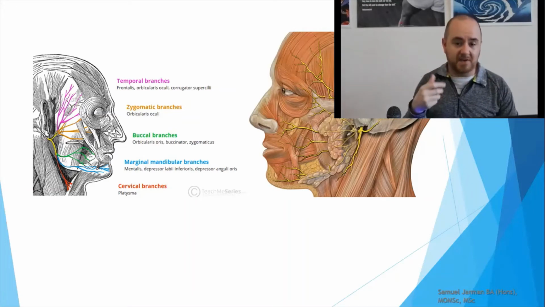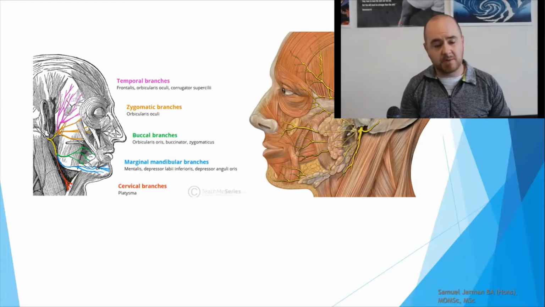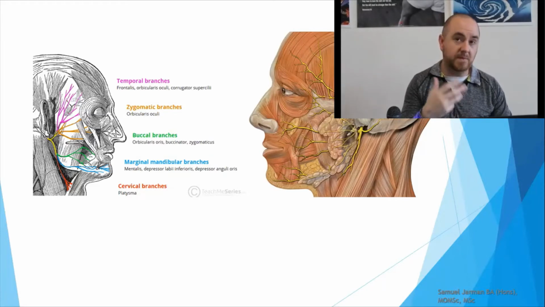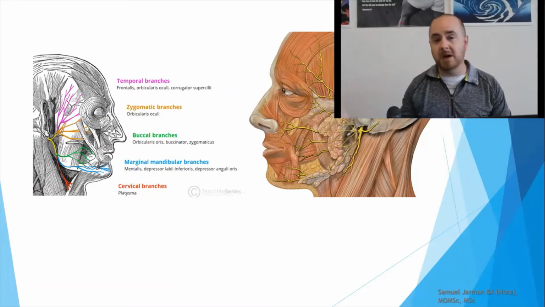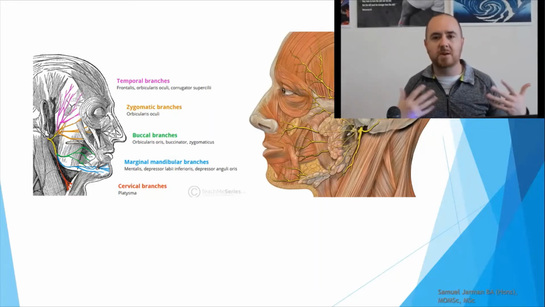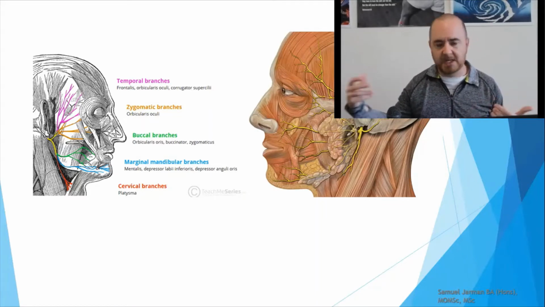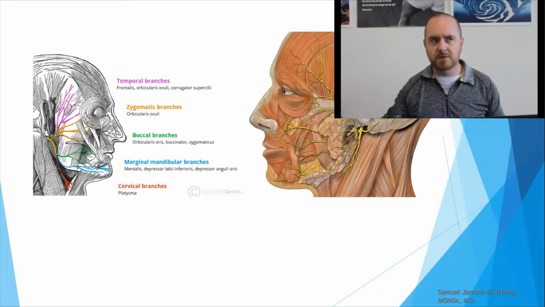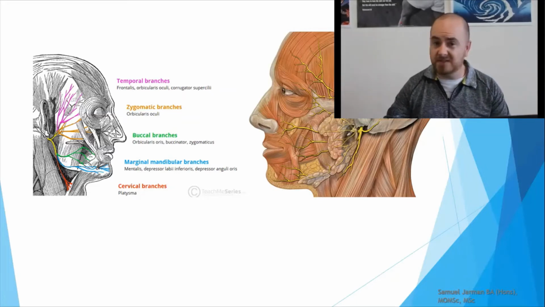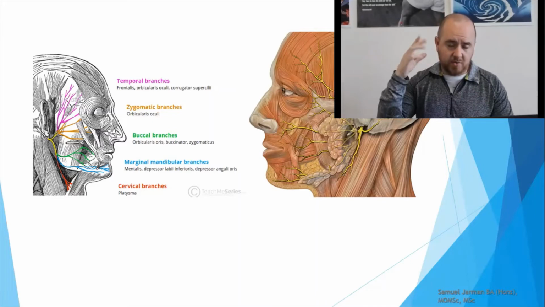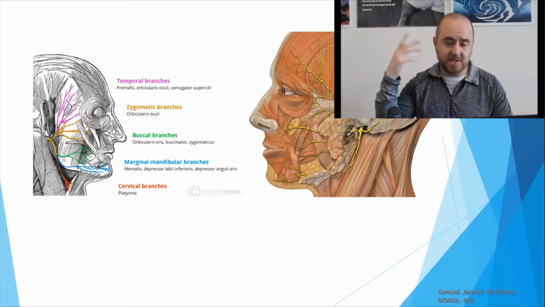Now, I don't have enough fingers to do it, but there's a mnemonic for at least the facial branches of the facial nerve, not necessarily the posterior auricular: Zanzibar by motor car. For some people, that's going to work well. For other people, it's not. What you're doing there is creating a semantic network. You have a phrase that then relates to the piece of information. I'm attempting to help you build a semantic network that focuses on movement, but if a mnemonic is another way to help build that semantic network, then that's fantastic. The T or the 2 is temporal branches of the facial nerve.